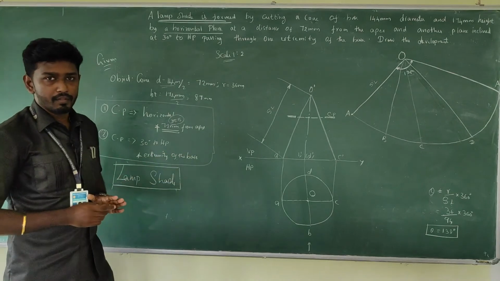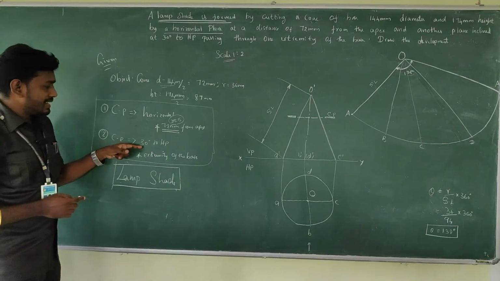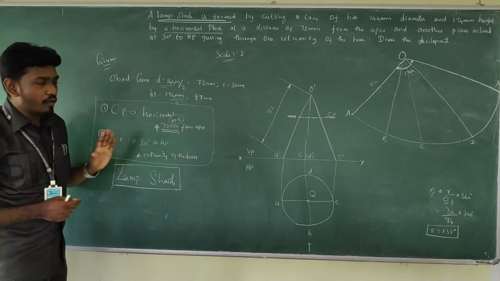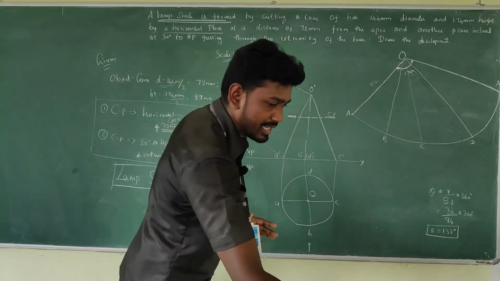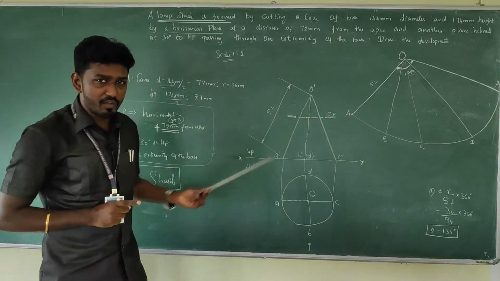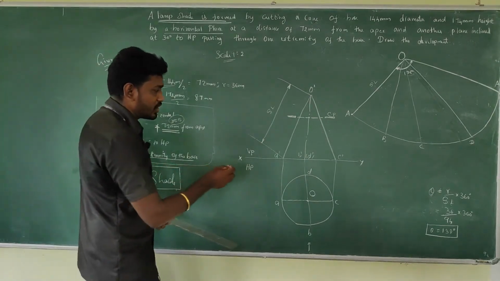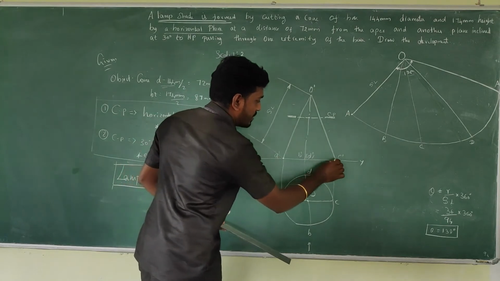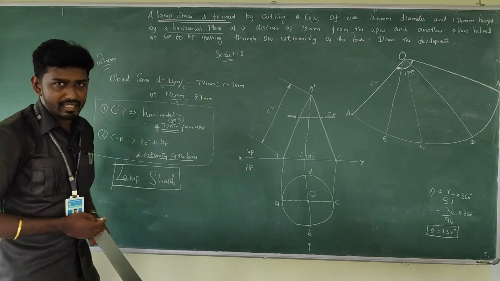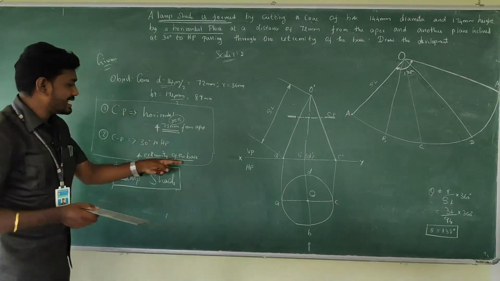Okay, fine. What about the next cutting plane? Cutting plane is inclined 30 degrees to HP and it is passing through the extremity of the base. It is inclined to HP. So this is how the cutting plane is going to cut. But the condition given is it is passing through the extremity of the base. Either this can be taken as the extremity or this can be taken as the extremity. Both are right. They didn't specify the right extremity or left extremity. They said it is the extremity of the base.